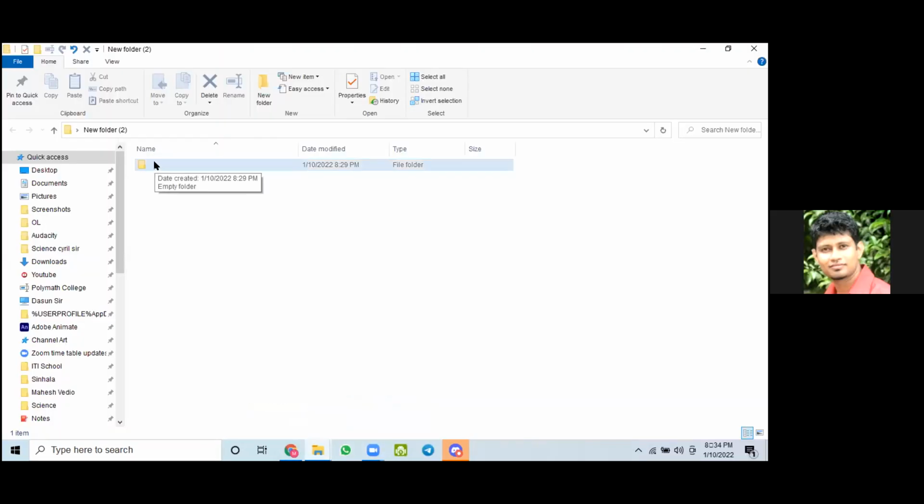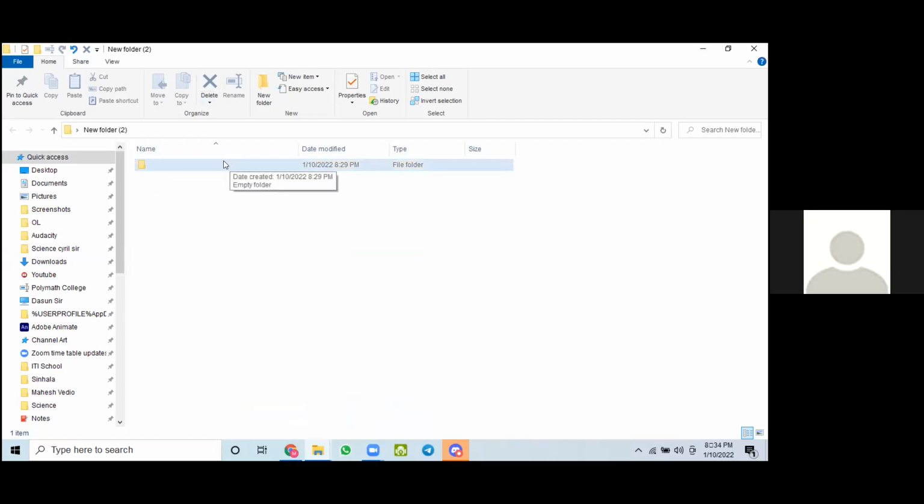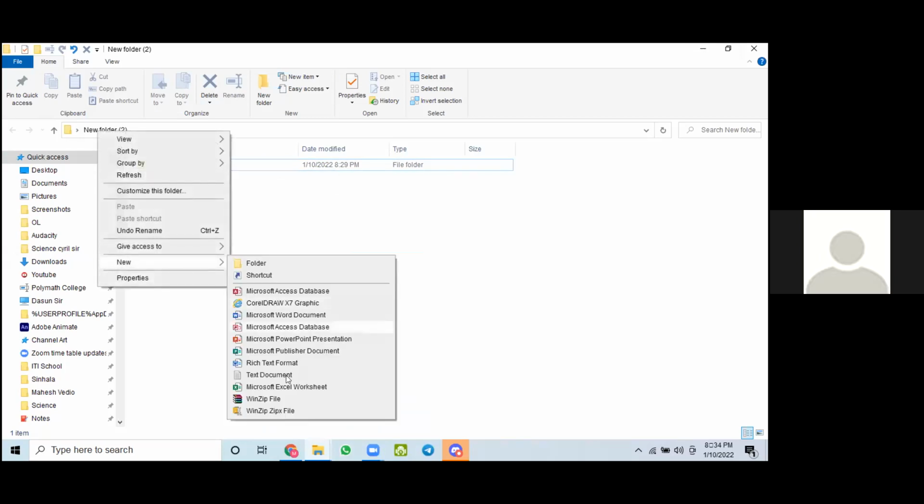All right, okay. Alt plus 255. So that is the way of rename. Okay, that is a small thing, right? Just to show. Now you know how to create a folder, how to rename that, how to create a file. How to create a file: right click, new, then you can select one of these files.